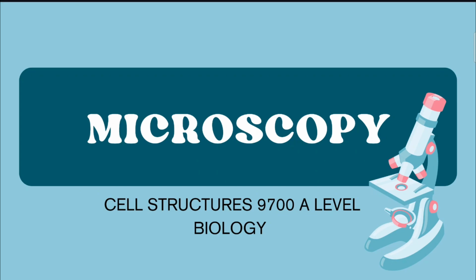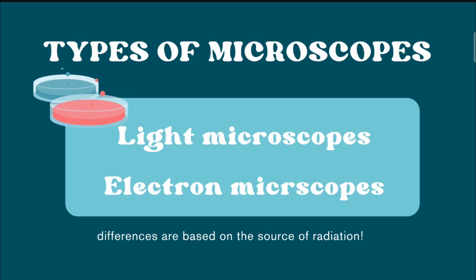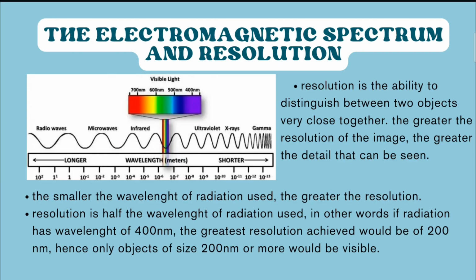So let's get started. This chapter specifically focuses on the types of microscopes used, which are the light and electron microscope, right? We're going to learn the differences and similarities between these microscopes and what these differences are based off of, right? Before we begin with that, first we're going to be talking about the electromagnetic spectrum and